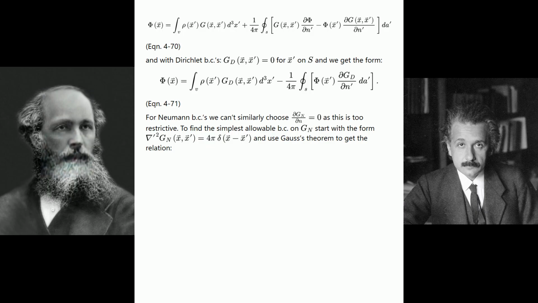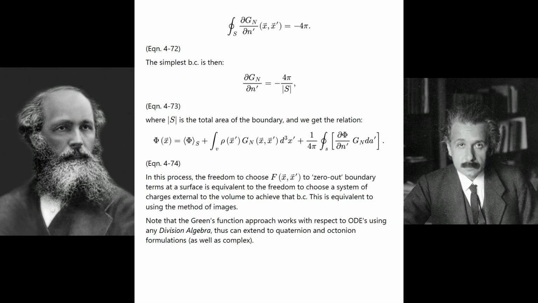To find the simplest allowable BC on G sub N, start with the form gradient prime squared G sub N of x, x prime equals negative 4 pi delta of x minus x prime and use Gauss's theorem to get the relation Equation 4-72. The simplest BC is then Equation 4-73, where the absolute value of S is the total area of the boundary, and we get the relation